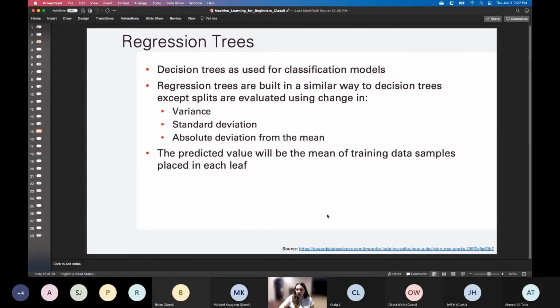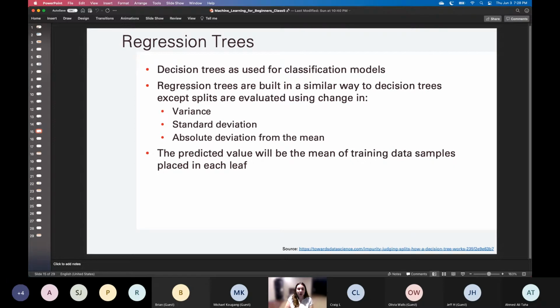So I'm going to go on now to regression trees. This is how you deal with the question I got about how you do this with a continuous variable. What we just talked about is taking a class and predicting a class. I am switching gears to predicting a numeric variable. An example that I used in one of my jobs was predicting corn yield. That would be a good example of a regression tree versus a classification. As we said, decision trees are for classification models. Regression trees are built in a similar way to decision trees, but